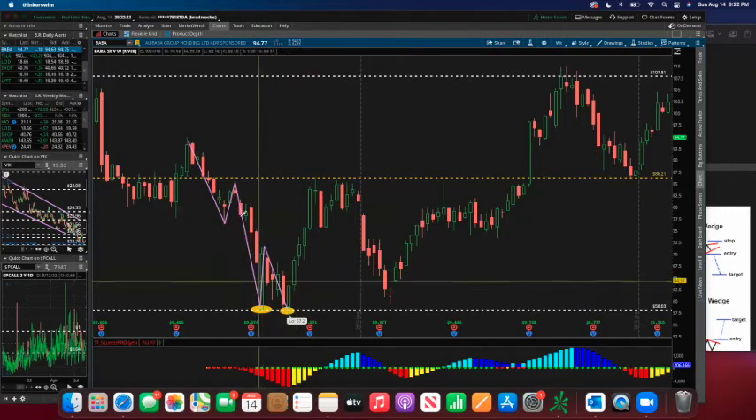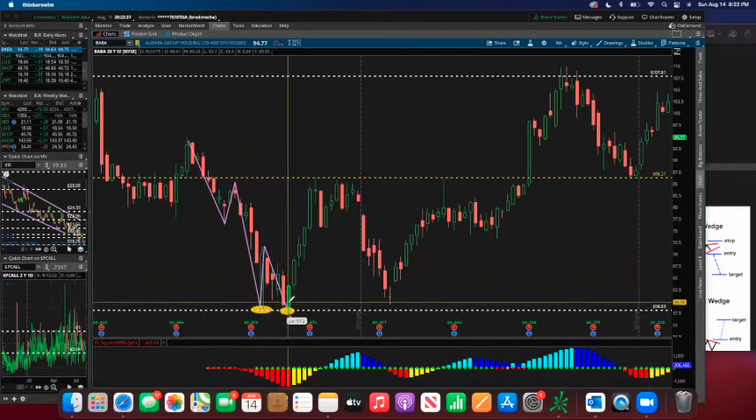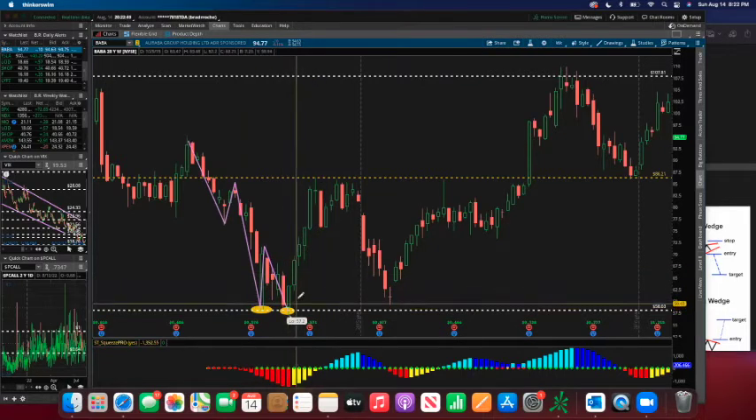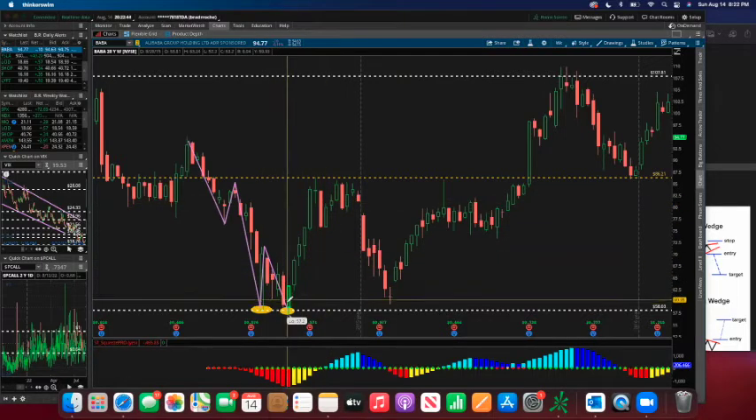It's basically signaling sellers aren't in control anymore. They can't push the price down any further. So that's the concept of why you would play this. Sellers are not letting it go lower, so the obvious next move is up. The sellers aren't pushing it lower anymore, buyers are stepping in. So that's the concept of a double bottom,